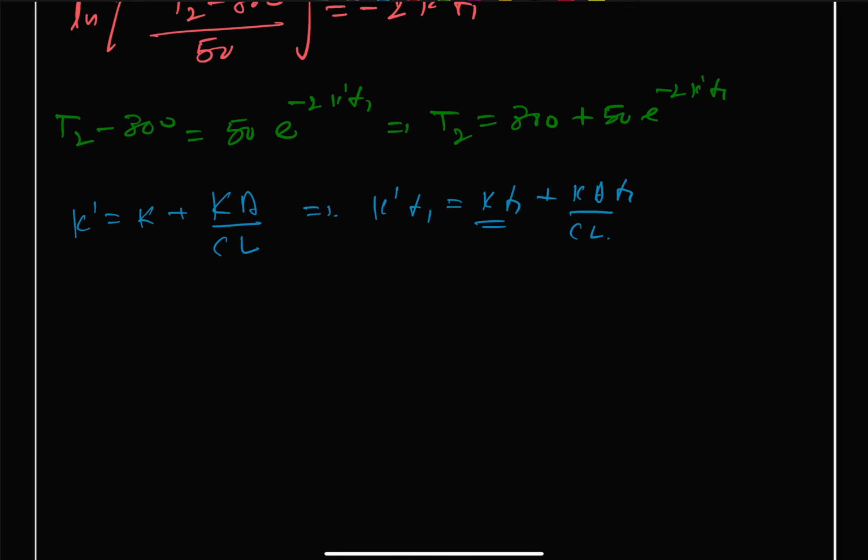Therefore we get K prime T1 is equal to natural log of 2 plus capital Ka upon Cl multiplied by T1. And if we multiply it throughout by 2,